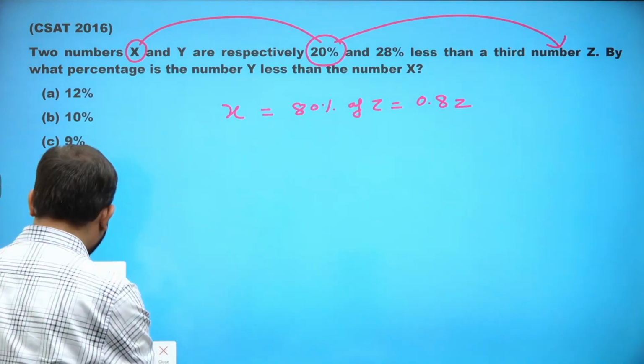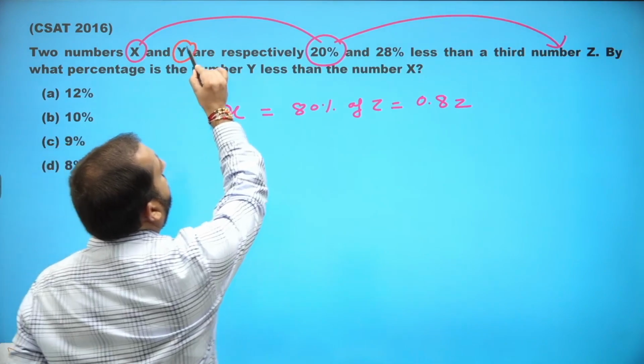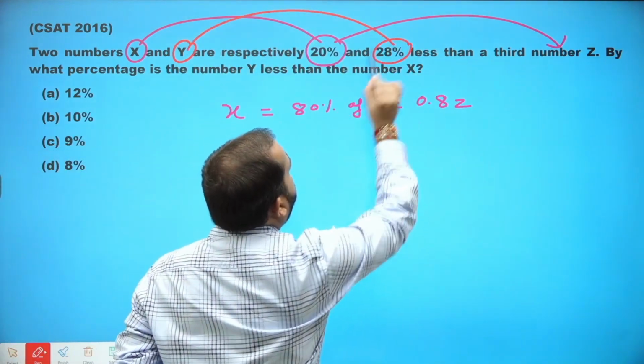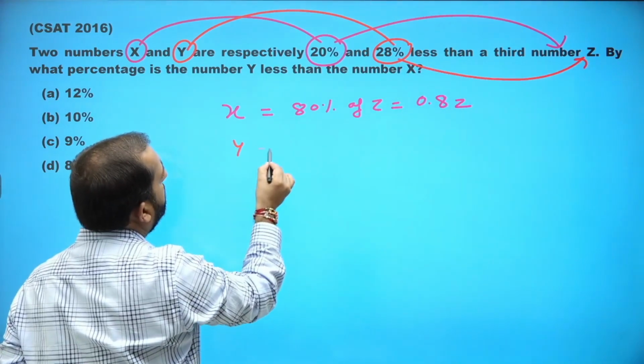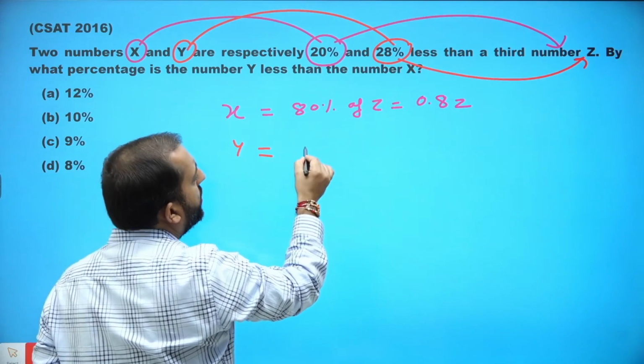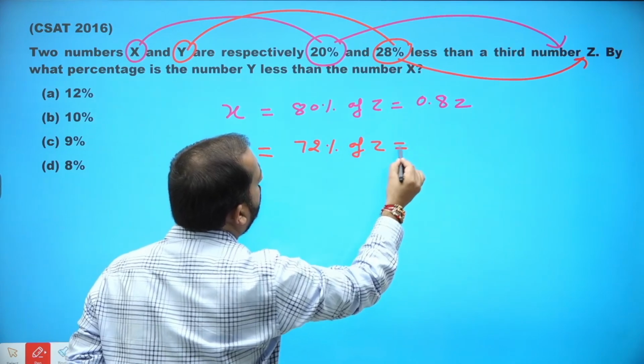Next statement says y, this y is 28% less than z, which means y should be 100 minus 28, that is 72% of z, which is equal to